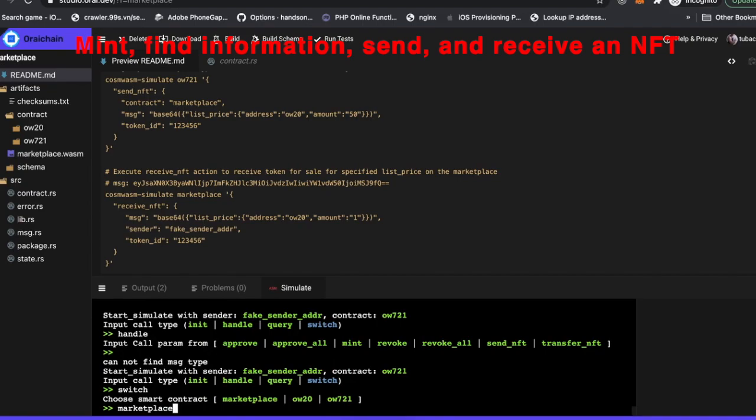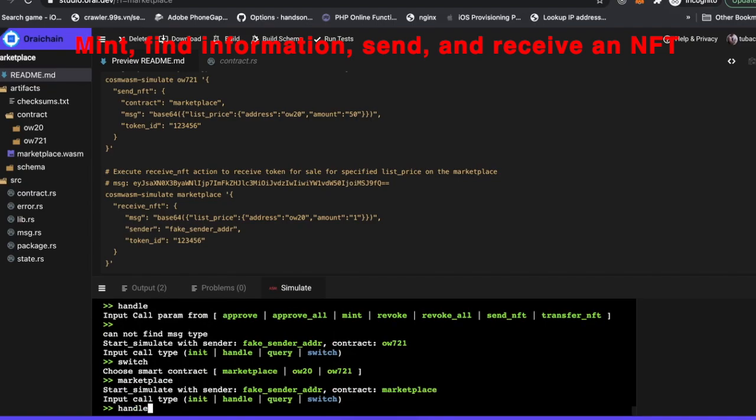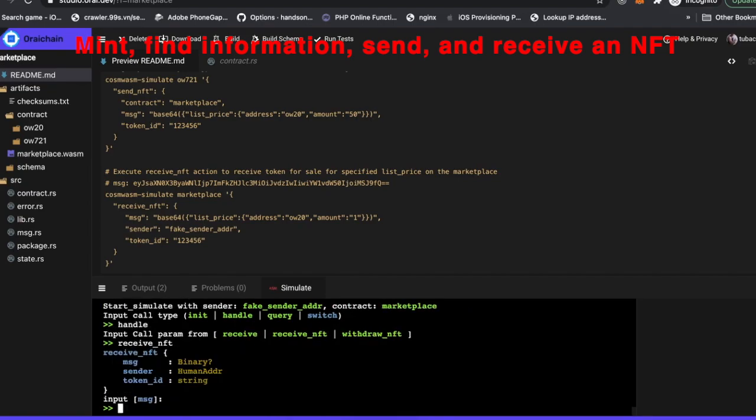We switch to marketplace and call receive MFT.